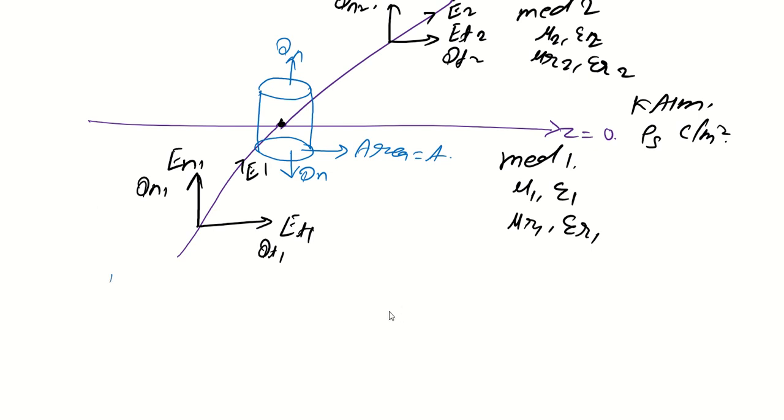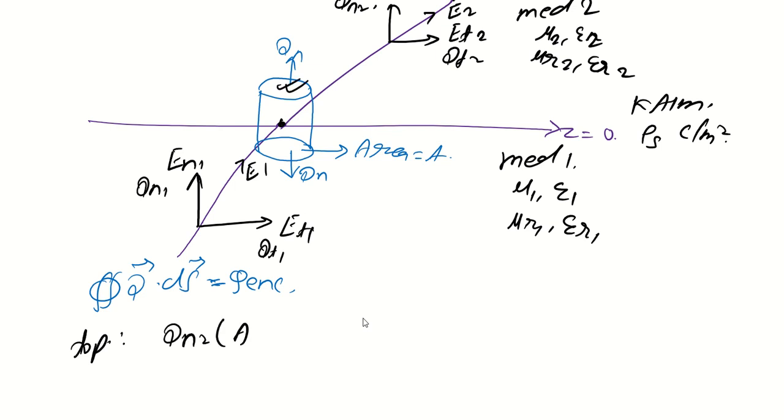So we know the Gauss relation, D dot ds is equal to enclosed charge, right? So we will try to find out what D dot ds is over this particular Gaussian surface that we have considered over the surface which is separating these two mediums. So let's consider the top surface first. So on top what are we going to get? Dn2 into A, right? This will be my D dot ds, the total surface area times the electric flux. So electric flux will be in this direction only, the Dn2 direction.